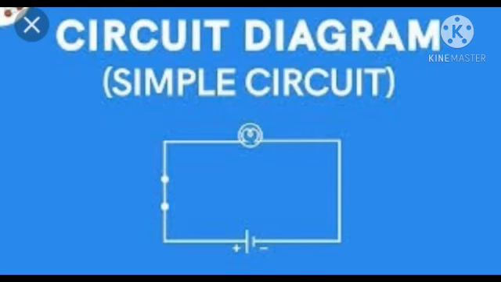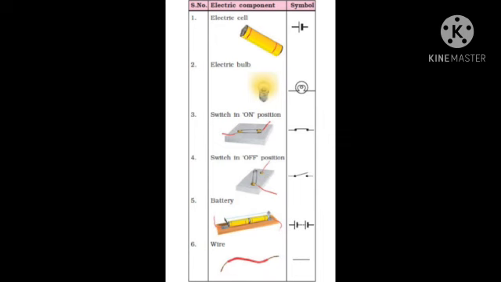The first heading which we are going to discuss is the electric circuit diagram. An electric circuit can be represented by drawing a simple diagram using standard symbols. A drawing of an electric circuit with the standard symbols is called a circuit diagram, which you have seen in the picture. In a circuit diagram, the various components of the circuit are represented by standard symbols, some of which are given here. The first symbol is of a cell. The shorter line denotes the negative terminal, whereas the longer line denotes the positive terminal.